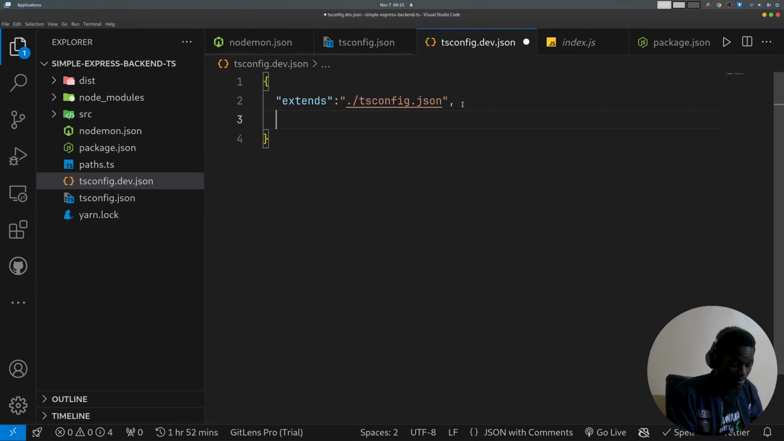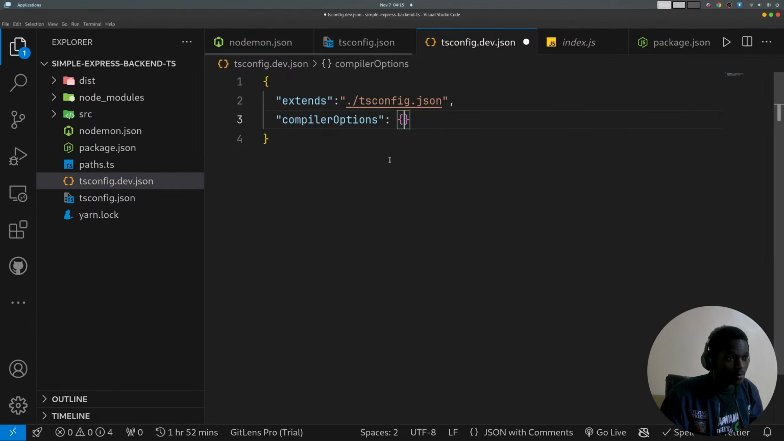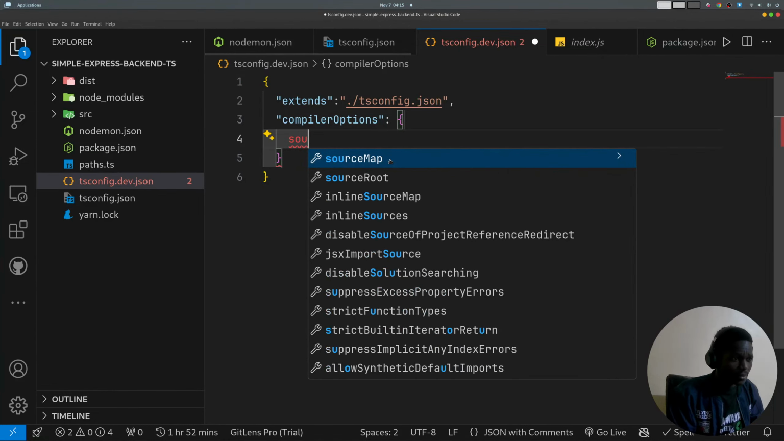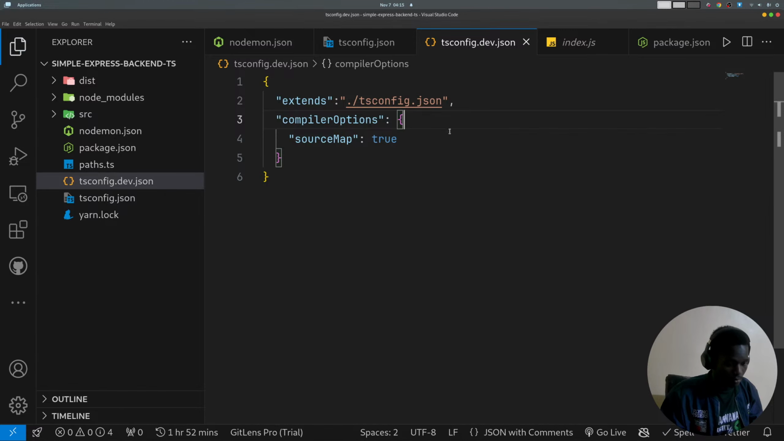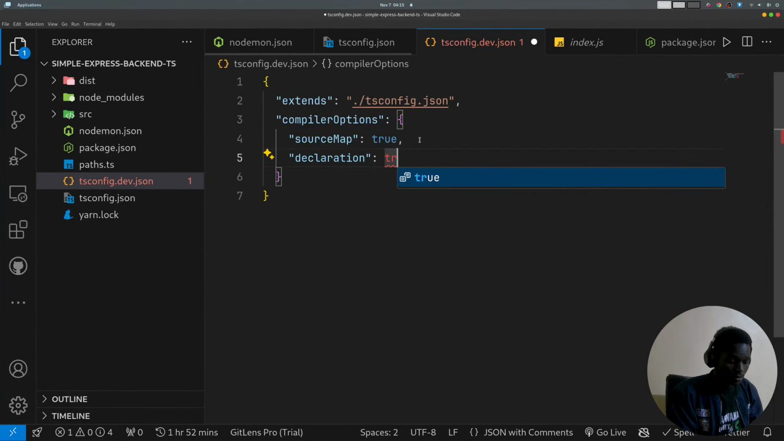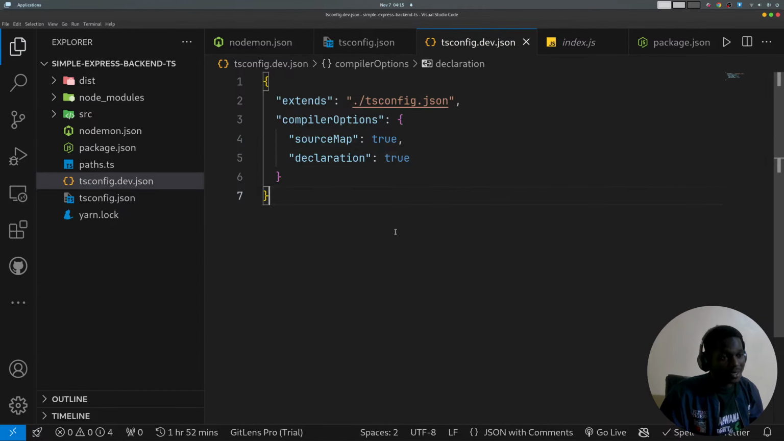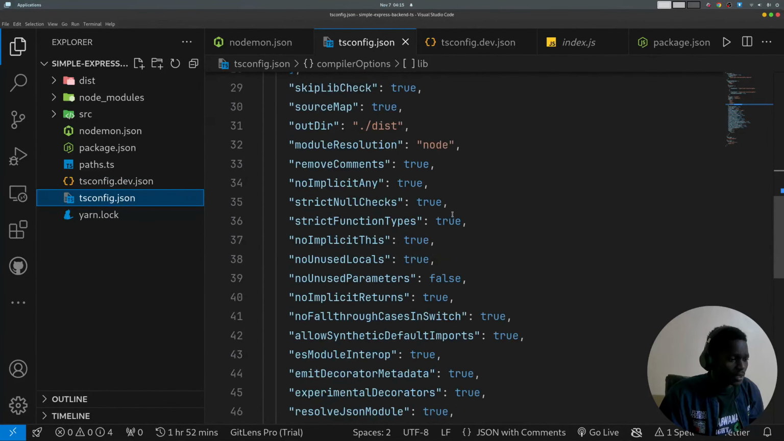So source maps, compiler options. We'll have source maps true. Then you can also have declaration set to true. So this will emit the types and the source maps. But now when we'll be in development,